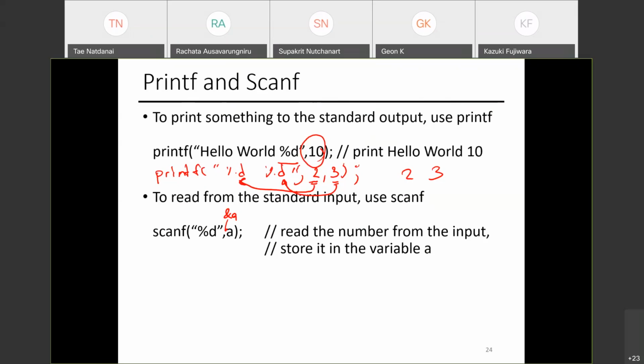So this is wrong. You need to put the ampersand in. Why is that the case? Okay, I'll answer that question in a bit.